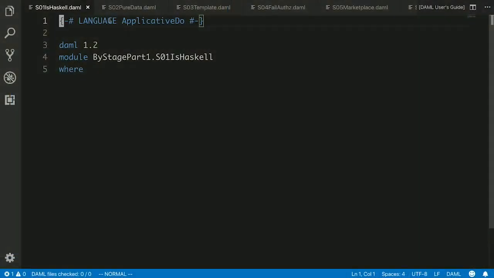So DAML. DAML is the language that we use at DA. It's now open source, so it can be used by anyone to define that evaluation function. It is a dialect of Haskell. So with only a few small syntactic changes, we have access to all your favorite GHC extensions, most of them anyway.